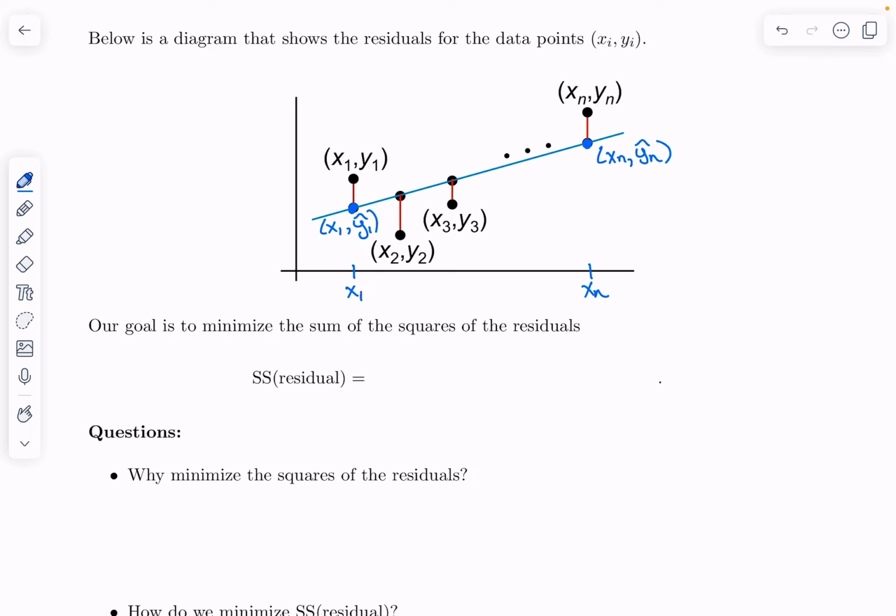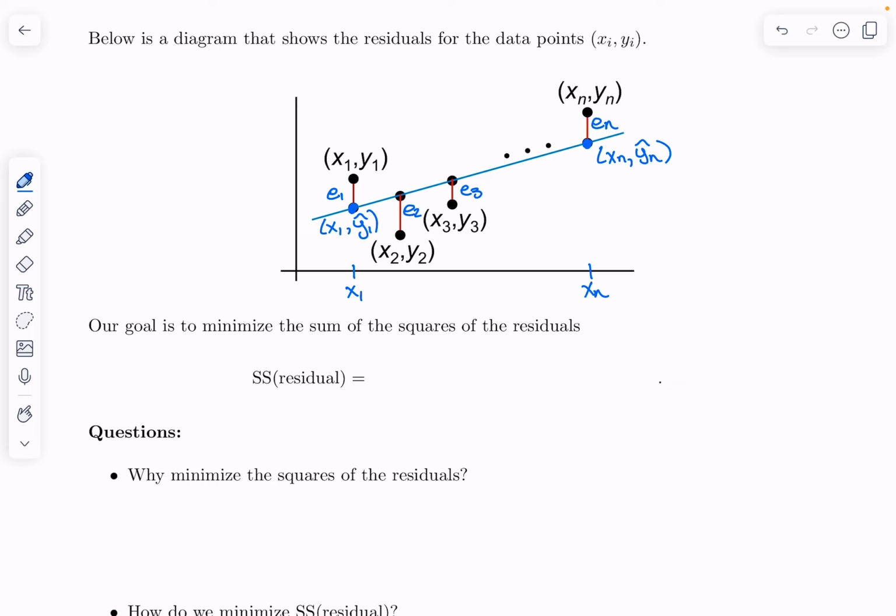Now the residuals are going to be these red distances between the points and the closest points on the line. Okay, so here E1 is the distance between our data point and the closest point on the line. This one would be E2, this one would be E3, and this one would be En. These are our residuals. Okay, these values are going to give us a sense of how close our points on the line are